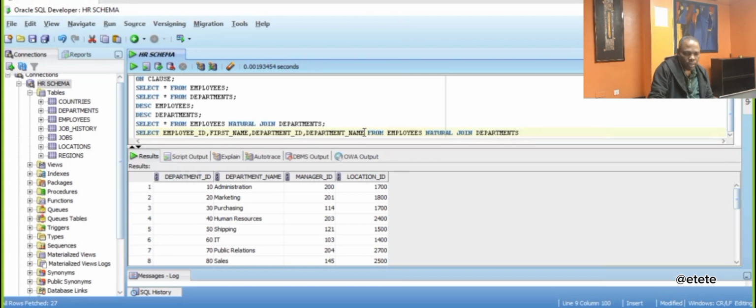So what this natural join will do is go to the employees table and find out all the columns that are there, go to the department table and find out all the columns that are there. Then it will automatically check them and see which columns are similar, which columns are common to both tables. It will use those common columns to do my joining for me. So in this case, the columns that are similar are probably